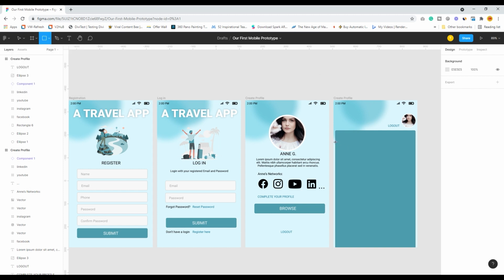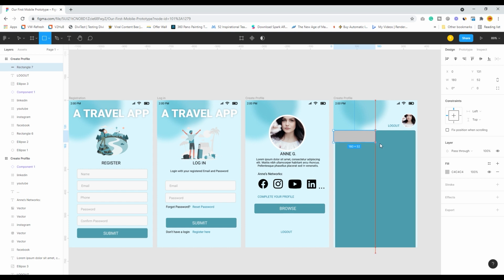So I would just take a hero image. Lovely.